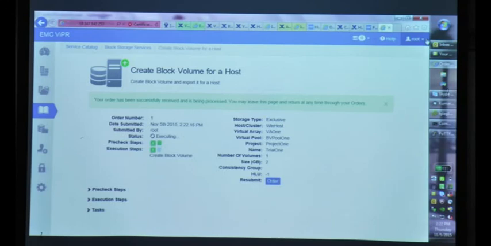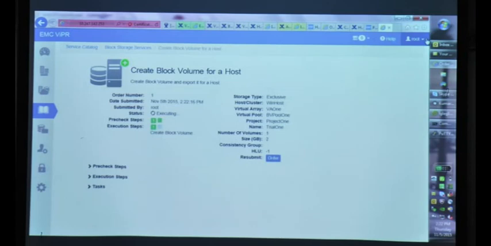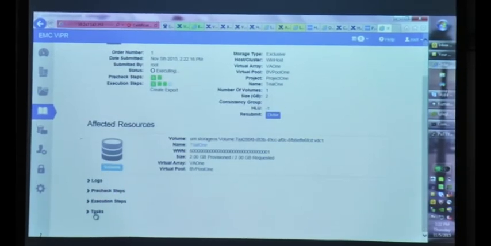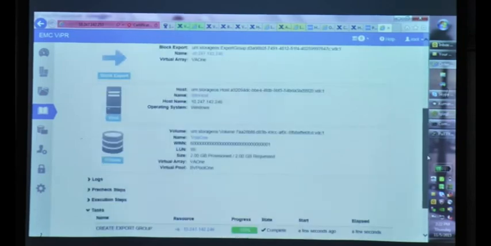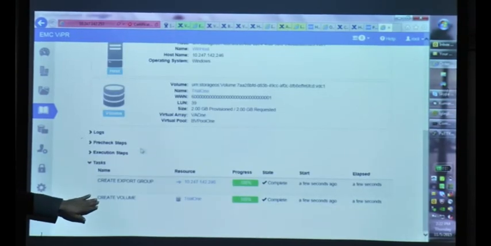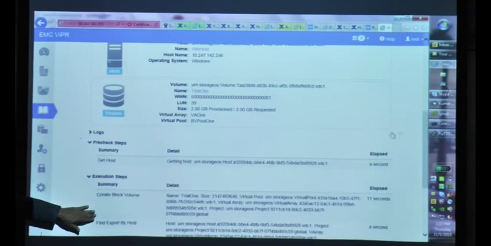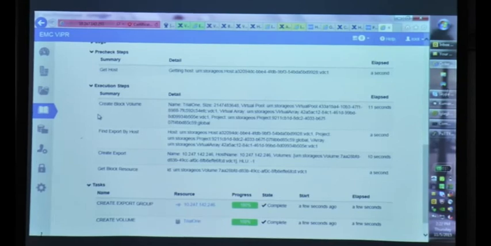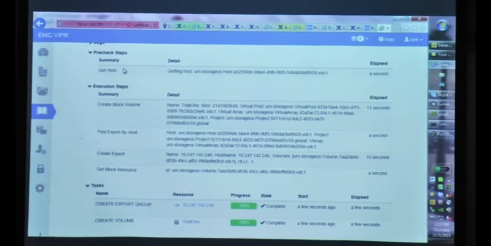Here, this is called our catalog service. So now we are using storage as a service. Steps, tasks. Already we created the volume on the array. That's complete. Now we are exporting it to the host. So these are the 4 different operations, execution steps that it's done. There's a pre-check step, whether the host is reachable, available. Then you have creating the block volume. It has the details of the volume that